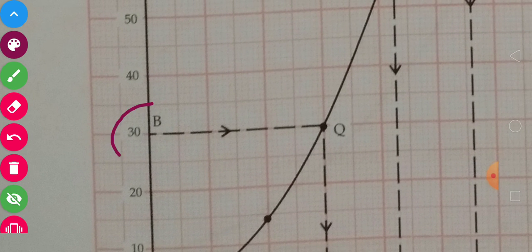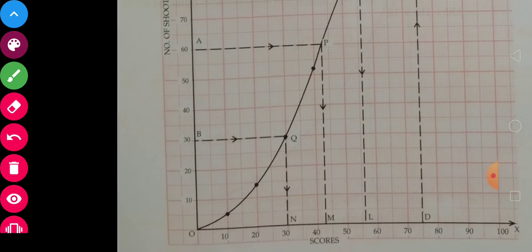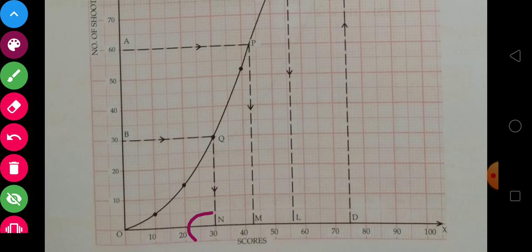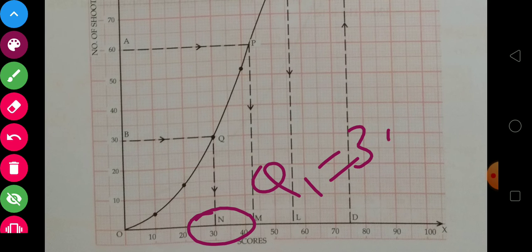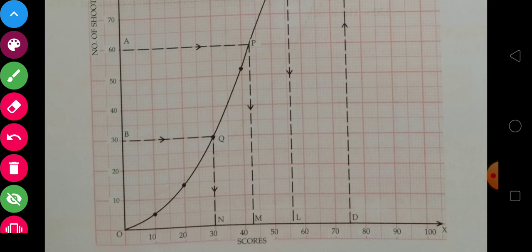Yes, here it is. From 30 we will draw a line which is parallel to the x-axis and touches the ogive at point Q. From this point Q you will drop down a line which will be parallel to the y-axis, right? Dropping down, it will touch the axis at a point, and wherever it touches, that is your Q1. So in this case Q1 is equal to 30. Directly you can see that it is on 30. You have to use sharp pencils and be very accurate so that you get the answer in the graph.